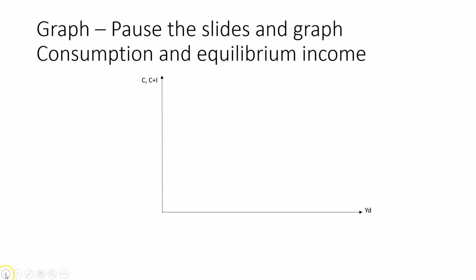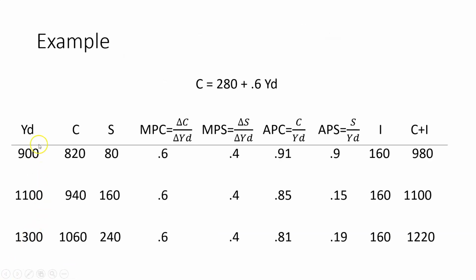So if we go back to these numbers, if you go over so many units of income, go up so many units of consumption, you do that for all three levels, plot them, put the points in. And that would be graphing the consumption function. If again you used YD, but now you use C plus I,